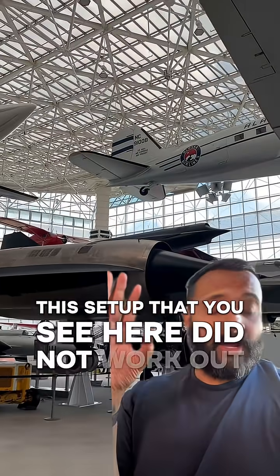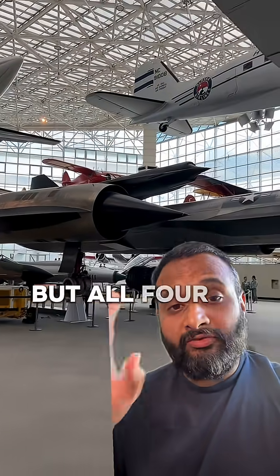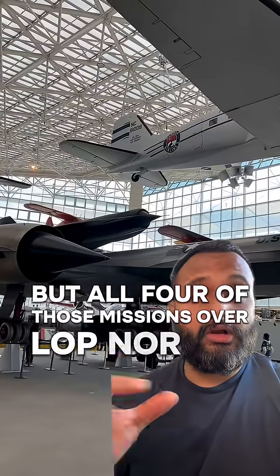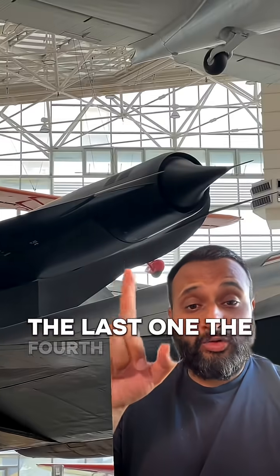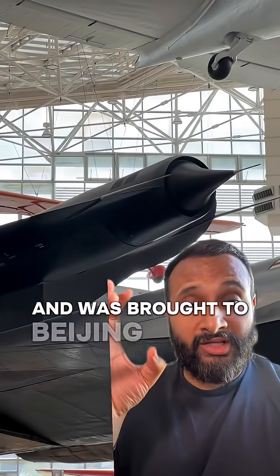nuclear tests. The setup that you see here did not work out, so they switched to launching from a B-52 instead, but all four of those missions over Lop Nor did not succeed for one reason or another. The last one, the fourth one, actually landed into some farmer's head in Yunnan and was brought to Beijing for